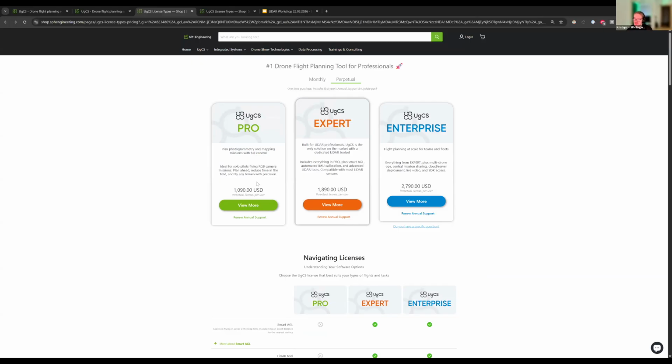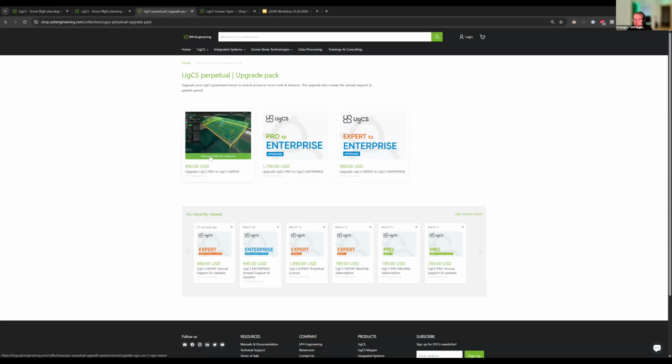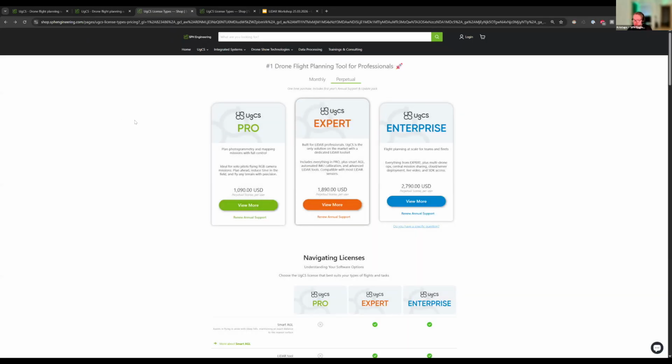Also, in case you want to start out with one license and then upgrade to another one, it's possible. For instance, you can start out with a Pro license, and then you won't have to buy a new Expert license unless you want to. You can simply upgrade it, and we offer that. If you go to our shop, you can see we have this upgrade your license option. With this, you can upgrade Pro to Expert, Pro to Enterprise, or Expert to Enterprise. It's also a good way to dip your feet in the water with one license and get started. But yeah, in short,